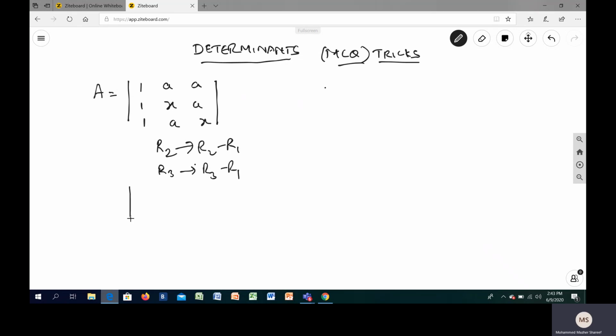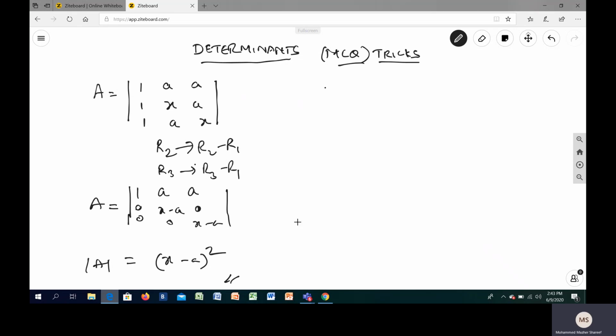Students who have learned row operations to find inverses or determinants know that we make two zeros so that we can expand. So this will give me x minus a, this will give me 0, this will give me 0, and this is x minus a. Now you can see there is a triangular formation below the diagonal. Apply our trick of finding the determinant without doing the expansion. My answer directly you can say is x minus a whole square. Isn't it simple, students?